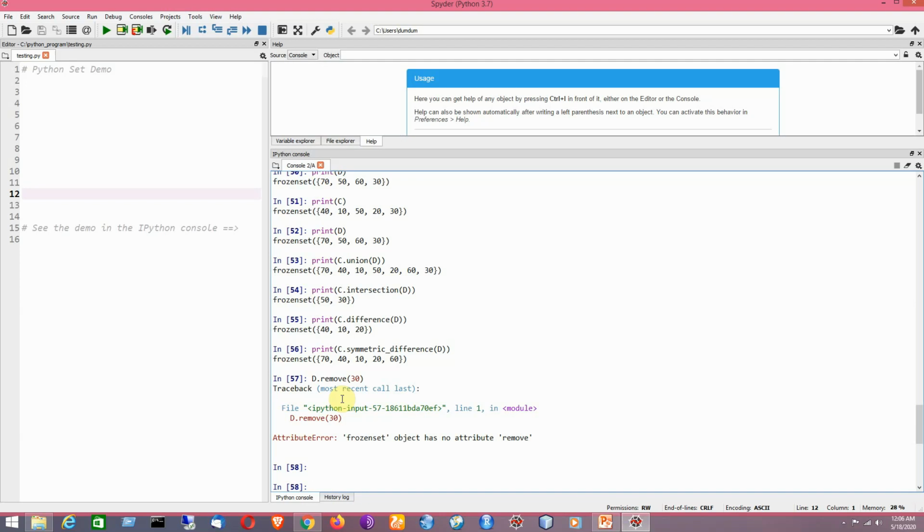Finally we have got the frozen set, which is a kind of immutable set in Python. It is an interesting feature, and it can be compared with the idea of tuples because they are not getting modified. They can be used as the keys to a dictionary, and all the set theoretic operations that are applicable to a normal set are also applicable to a frozen set.